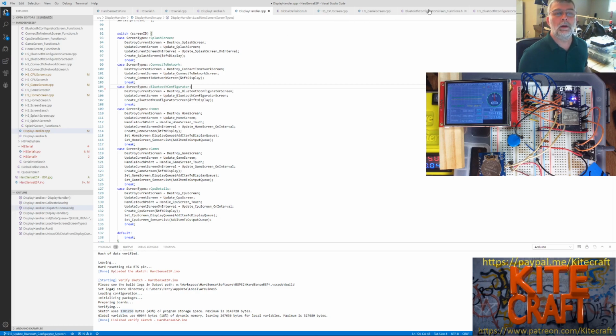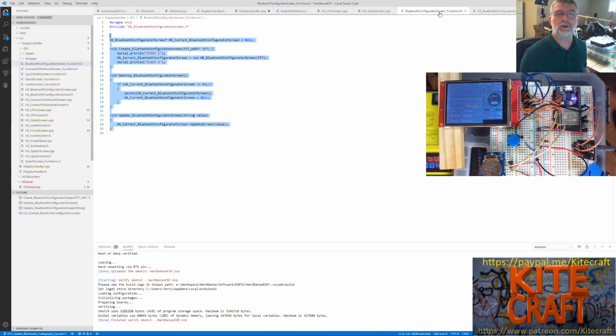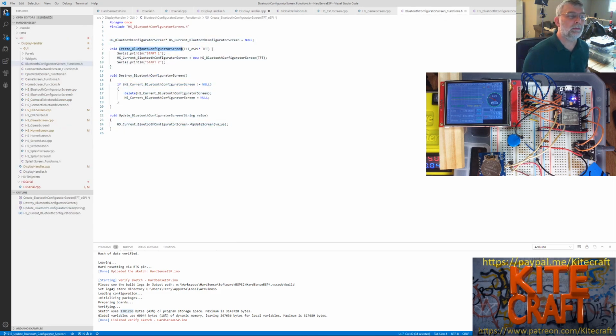So up here, if we have a look at where it is, in functions, here's my create Bluetooth, destroy, and my update. All they do is they're just wrapper functions for the actual class. That's why it's called an interface. It gives the function pointer from the display handler a place to point to, and then it just does this tiny little bit. And every single class basically does this exact same thing, except it does it on its own